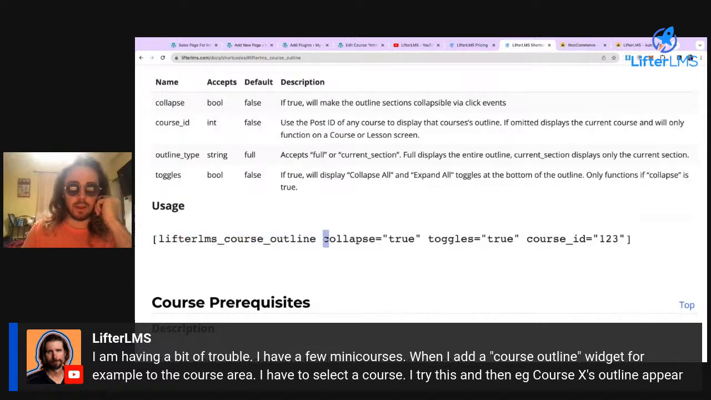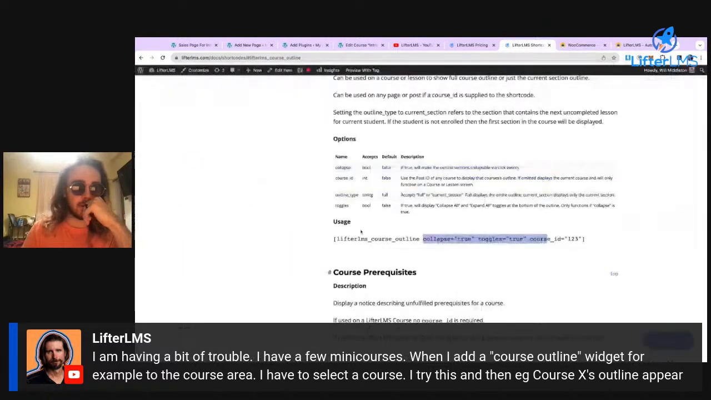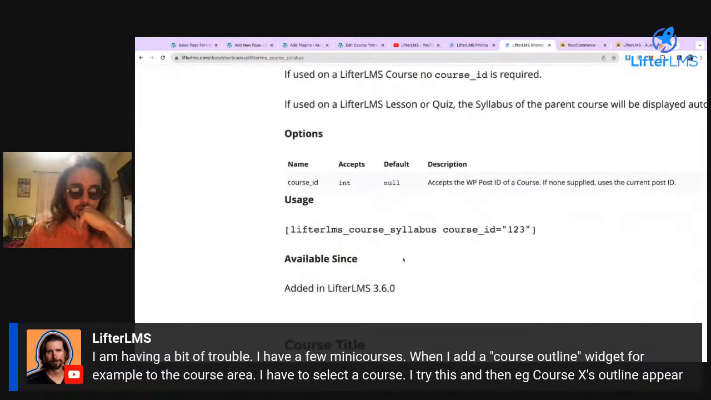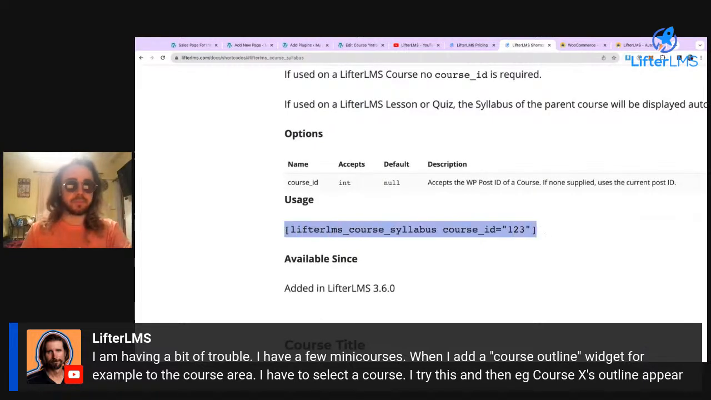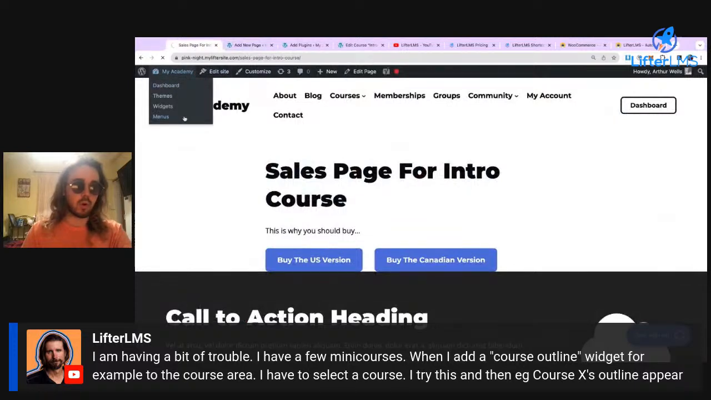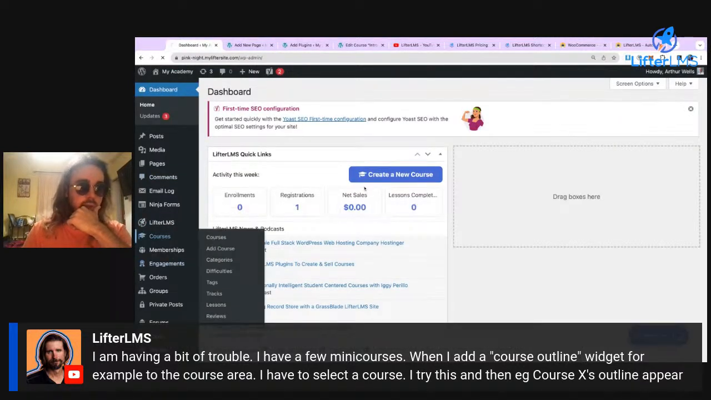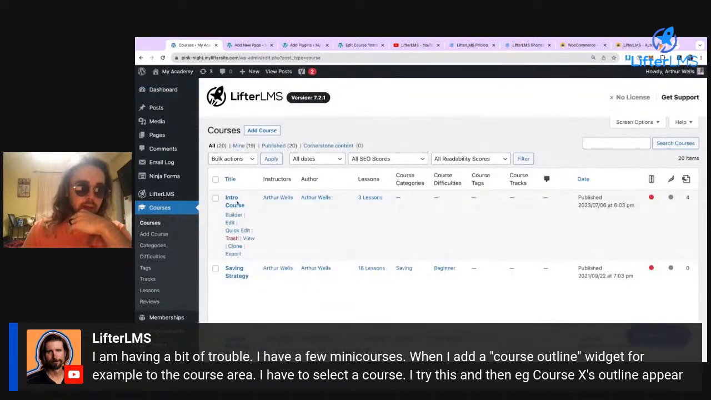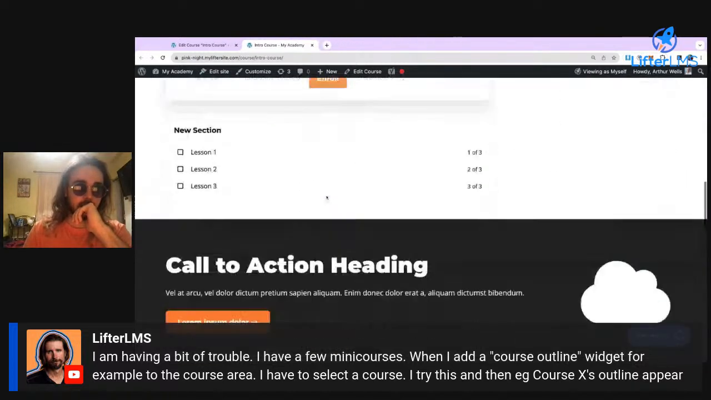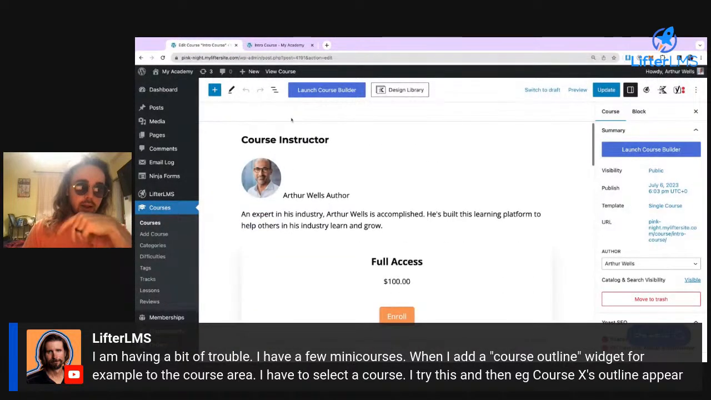But there's a couple of these options you can do. There's also probably the syllabus, which is the one I'd recommend using. LifterLMS syllabus. Let me go back to a course and show you how this works. So the syllabus option, I'll view the course and I'll also edit the course. Close some of these extra tabs. So on the view page, I already have a syllabus block here. If I open up my